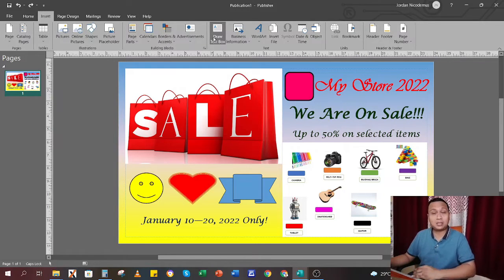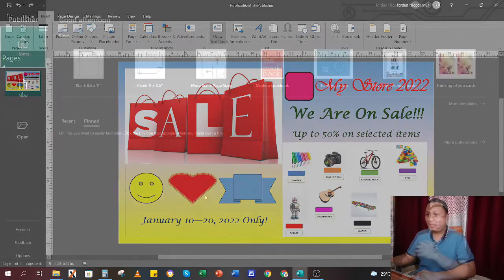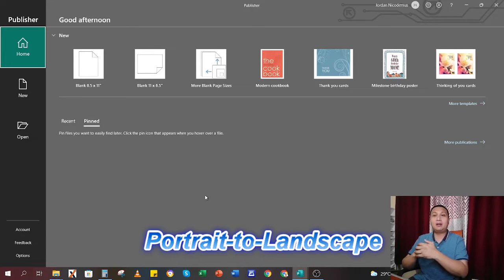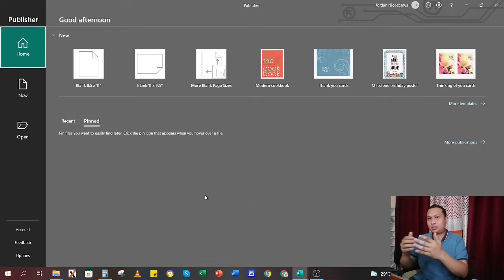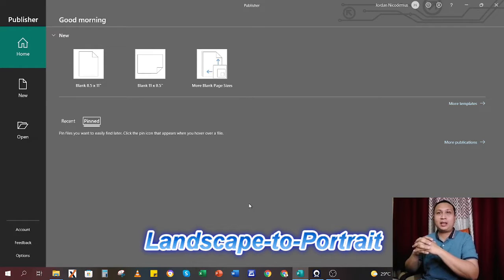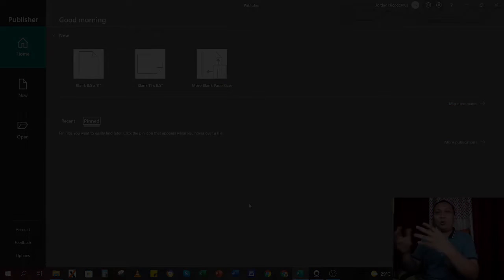You need a text box. So click on this. Now for today's demonstration, I will be showing you the technique that I call the portrait to landscape in printing. So what is this? Now the other approach, the one that I'd like to call the landscape to portrait style, it is included in